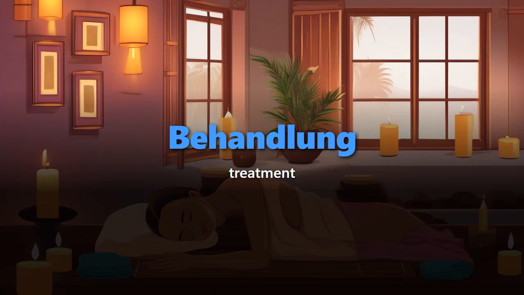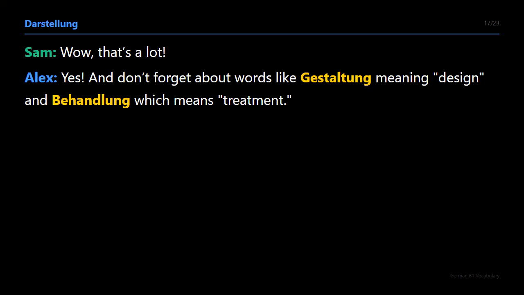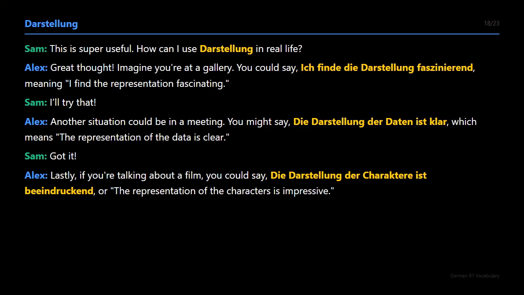Wow, that's a lot. Yes. And don't forget about words like Gestaltung, meaning design, and Behandlung, which means treatment. This is super useful. How can I use Darstellung